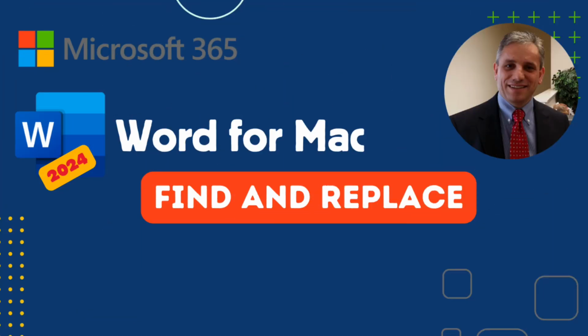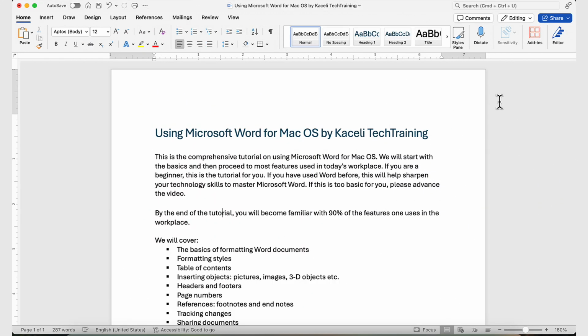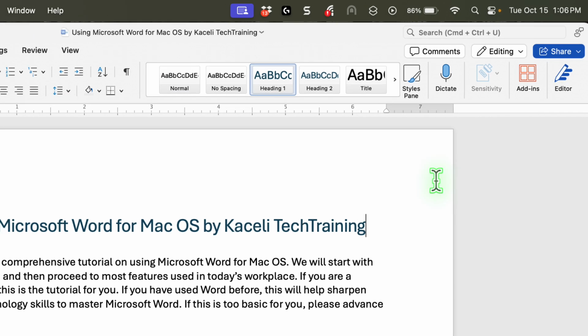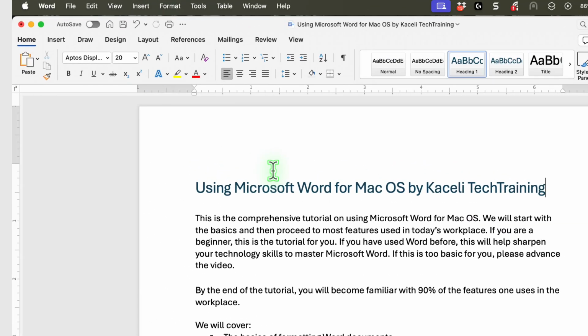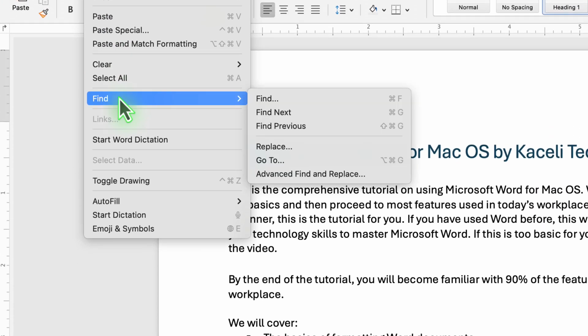In this segment, I'll demonstrate an important concept when using Microsoft Word, that of find and replace. In Windows, it's typically referred to as search and replace, and in the version of Word for Windows, it is on the right-hand side as one of the icons from the Home tab. However, in the Mac version of Word, you need to click here on Edit and then go under Find and